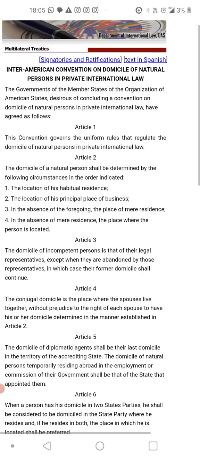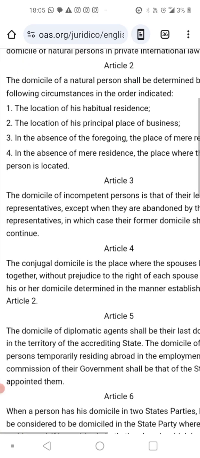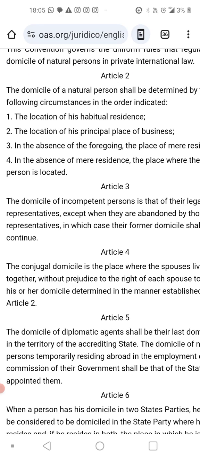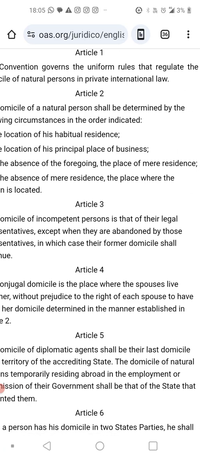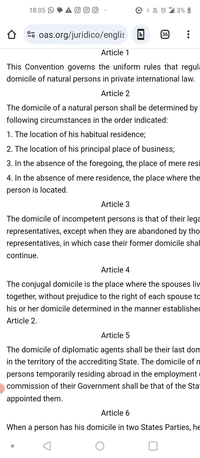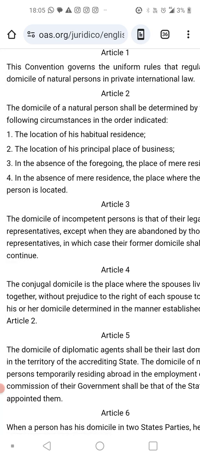What's the domicile of natural persons in private international law? For people who have domicile questions, check this out. I'm going to show you here. The domicile of a natural person shall be determined by the following circumstances in the order indicated. The location of his habitual residence. So the location of your habitual residence is the number one determining factor when the entity is a natural person